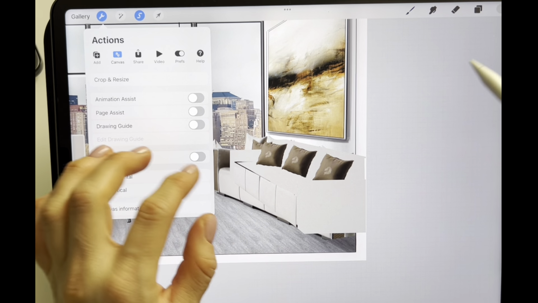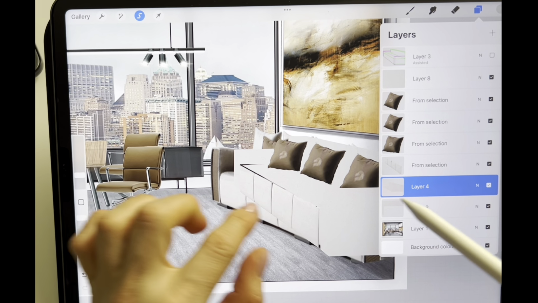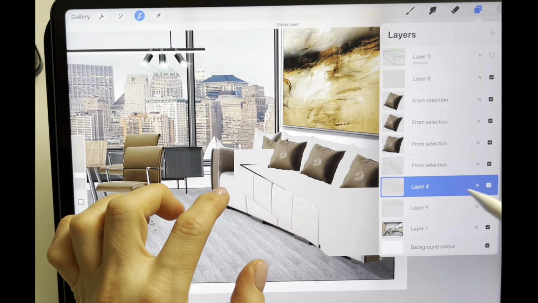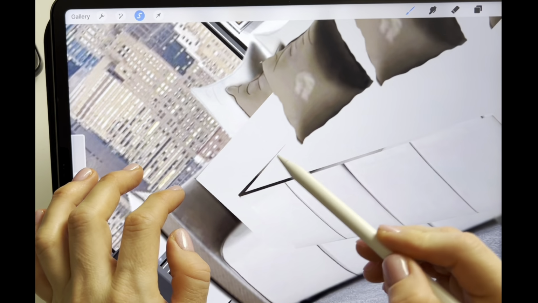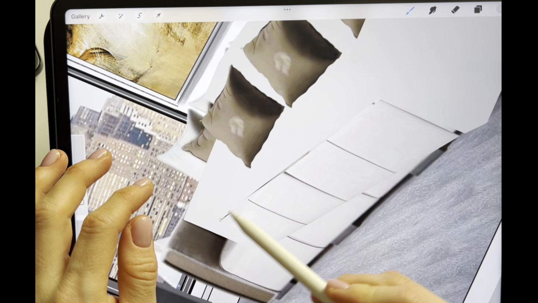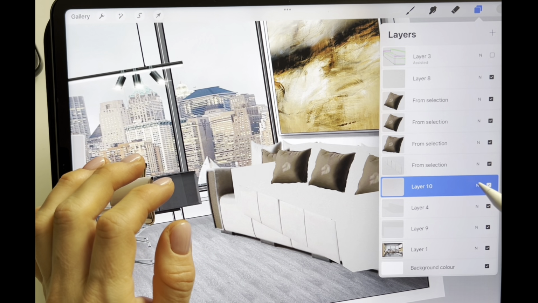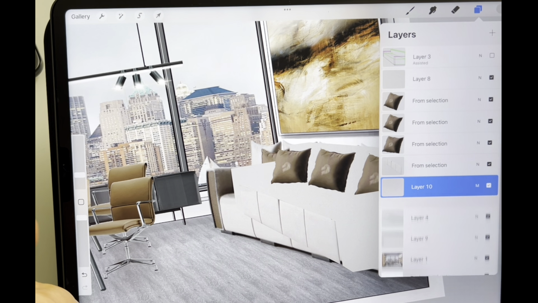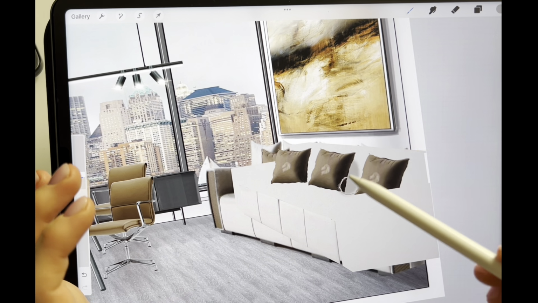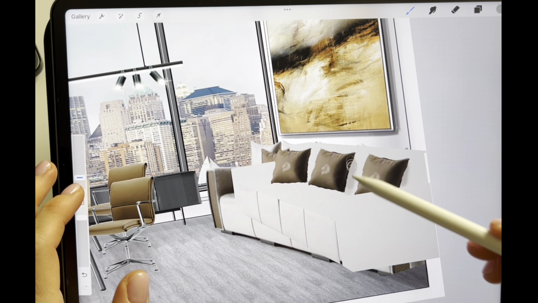And also I want to switch off the drawing assist. I don't want to see it. Okay, let's first color this seat. As you can see, I have some spaces, so I draw here a little bit. Good. Next, the same way, I create a new layer above with multiply mode, choose airbrush spray, a little bit darker tone,